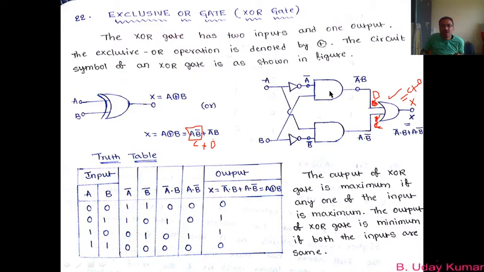So if I have drawn an AND gate here, this A bar and B must be the inputs of this AND gate, and similarly for this AND gate, if the output is A dot B bar, that means the inputs of this AND gate must be A and B bar. So that is what we are trying to write here. Now if you observe carefully, the inputs of this entire circuit symbol we have taken as A and B.